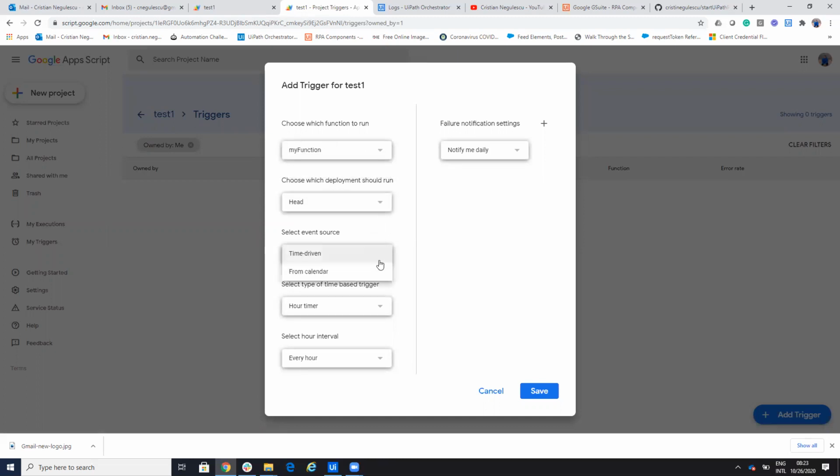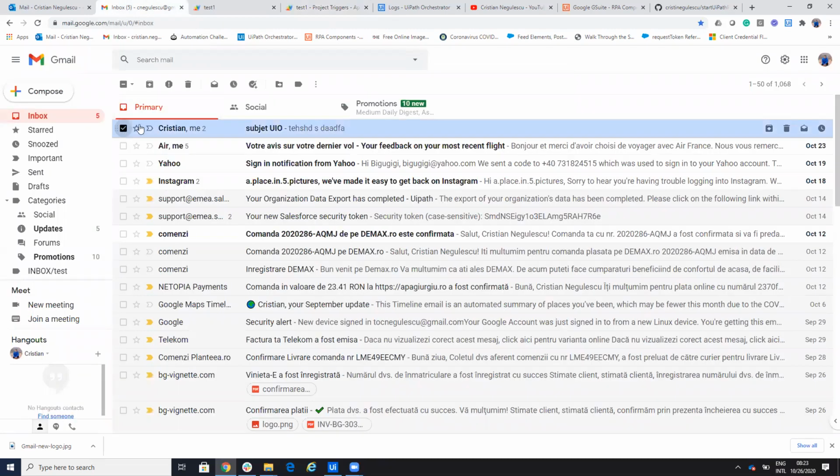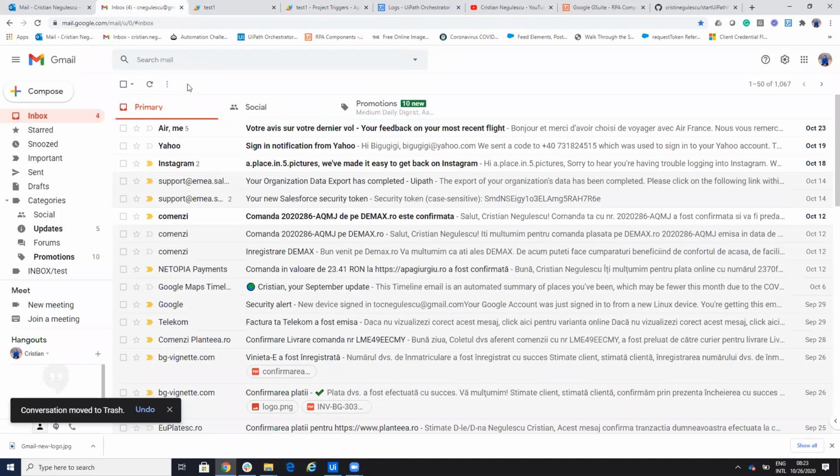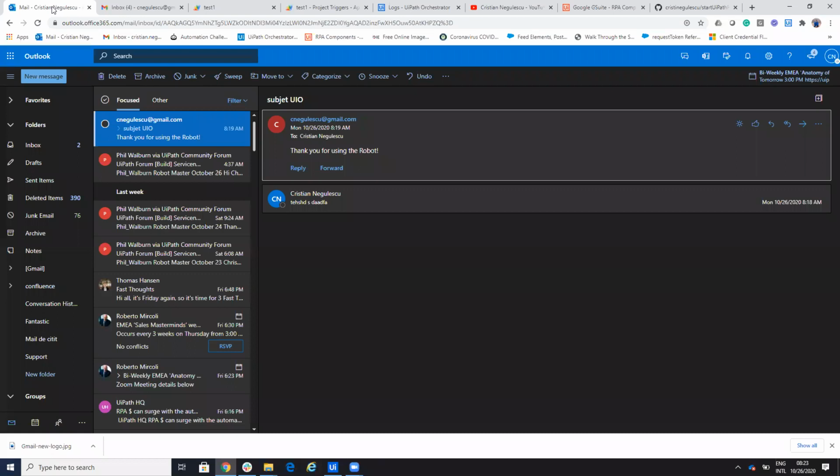I select here minutes, and I will say every minute, and then save. In this way, the Gmail account will have a trigger inside, and this will start my process when it's needed.